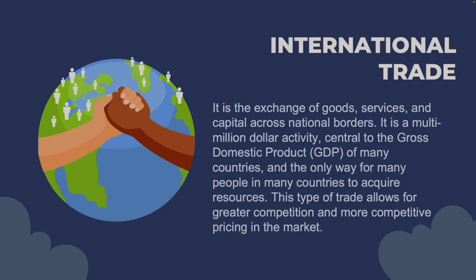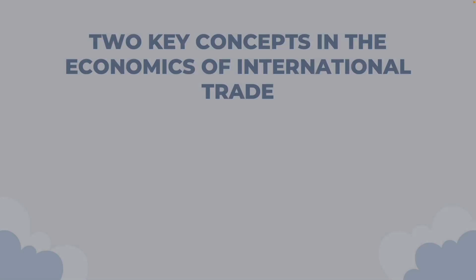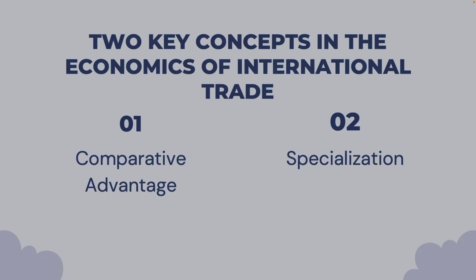Right. And the basic economic ideas behind why countries trade certain things and not others, the source touches on a couple of classic concepts there. Yes, it does. The two core ideas highlighted are comparative advantage and specialization. Ah, the old Econ 101. Yeah, focusing on what you're relatively better at making, basically. Okay, so we have these big systems like the IMS, these big ideas like comparative advantage, but how do countries actually manage or control trade?